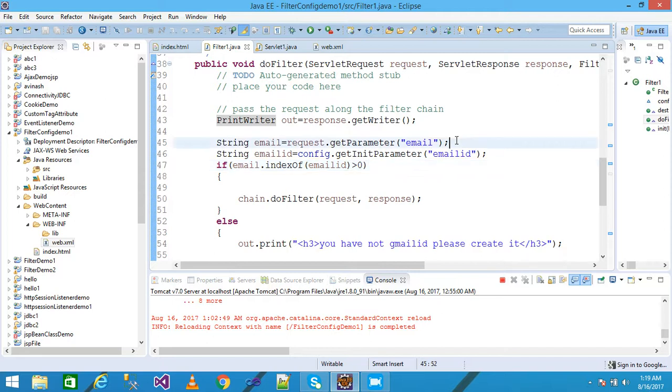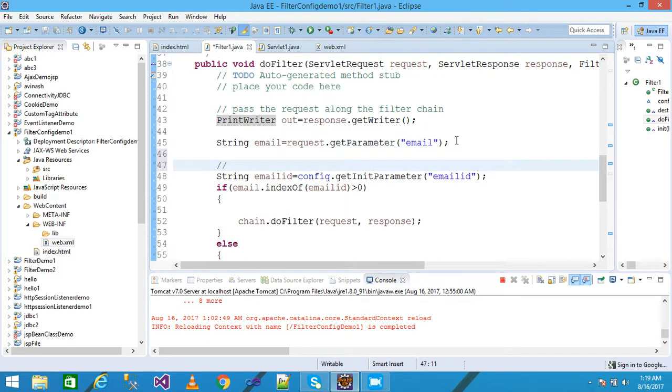Here I am commenting and writing: simply getting the information from the config file web.xml,